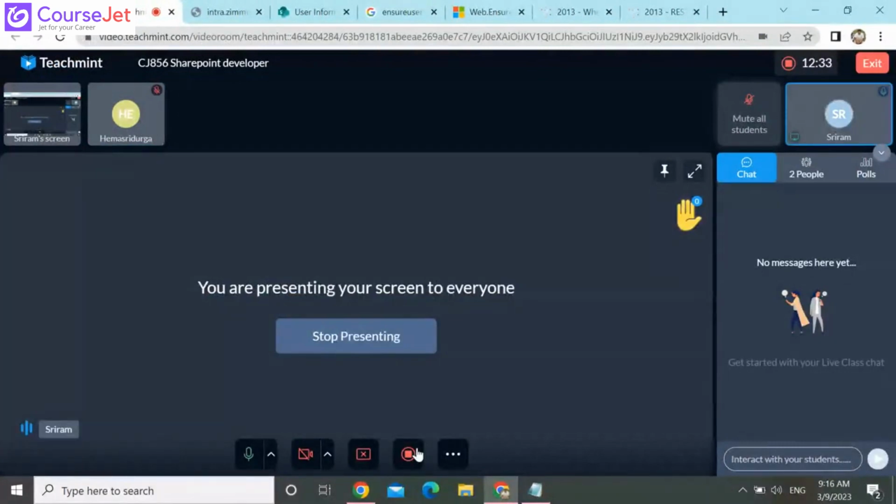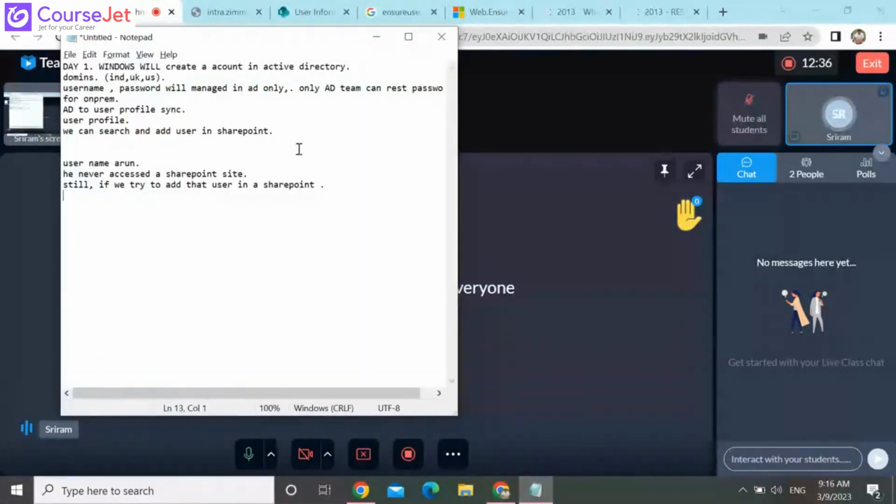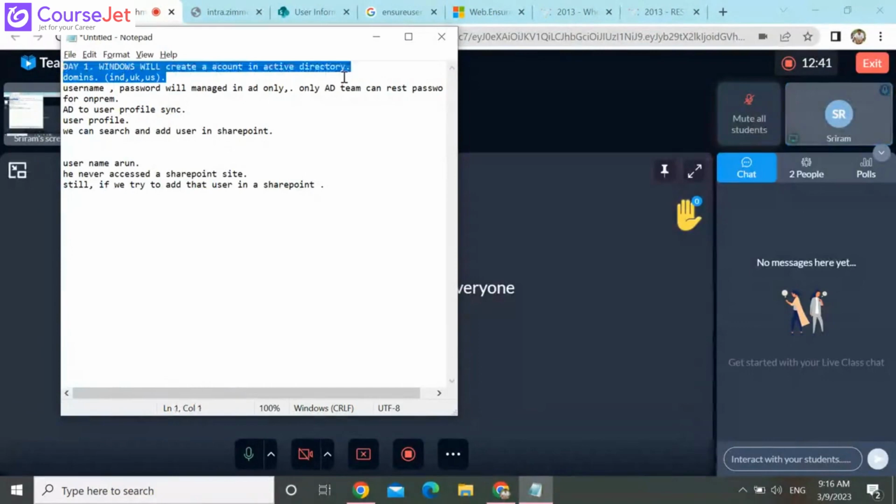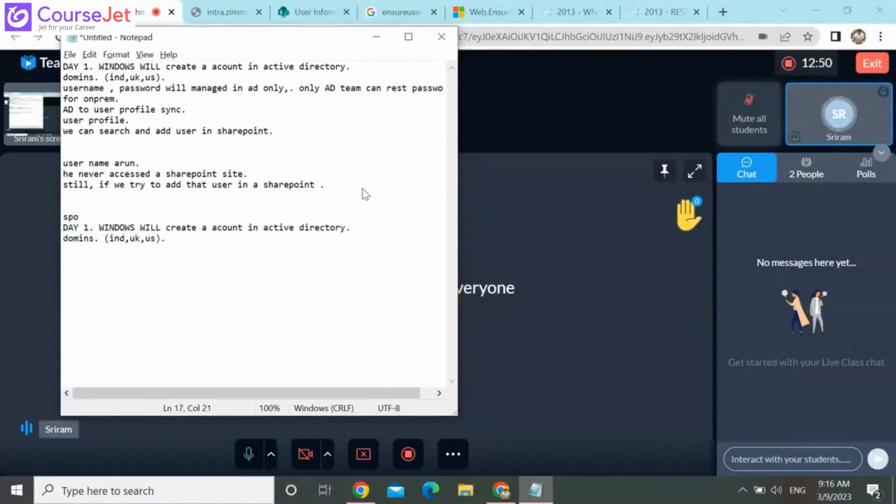So for SharePoint Online as well, same process only. By default for SPO, the user will get added in the on-prem Active Directory. Then after adding, there will be a sync job. It will sync AD to